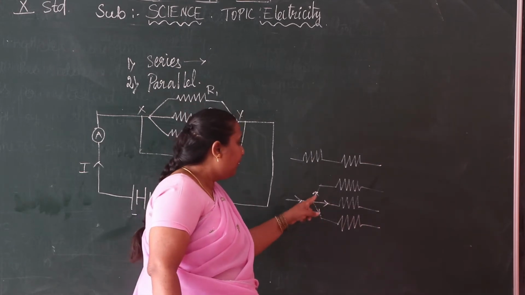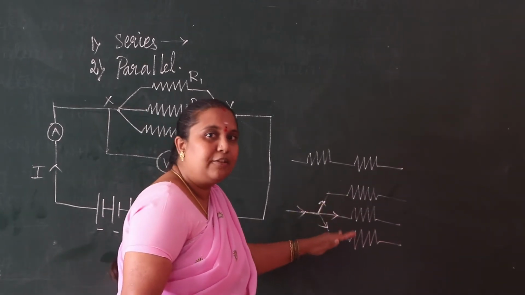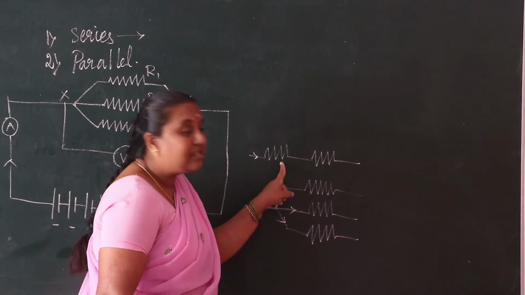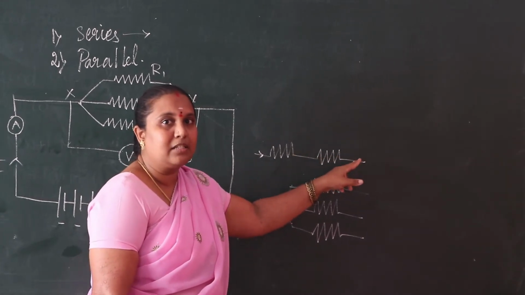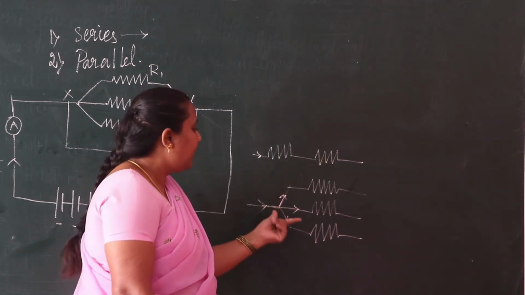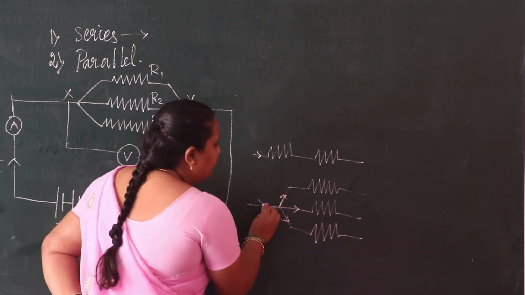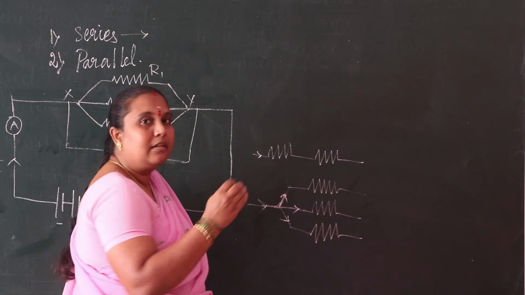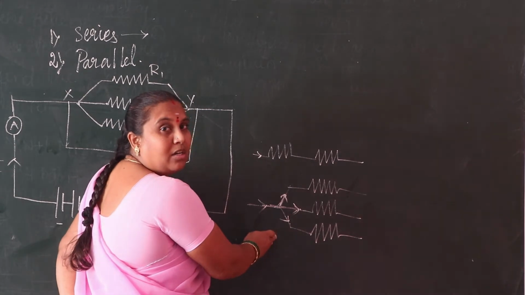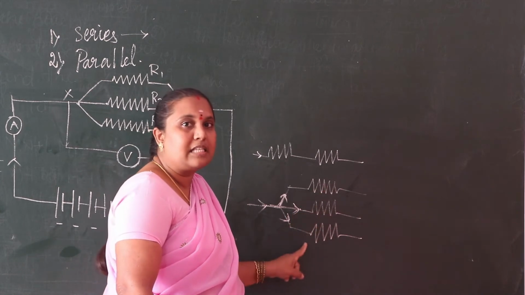So here we have three different conditions. The electric current differs in the different resistors. In series, the electric current passing through the first resistor will pass through the second resistor also. The same current passes through the resistors, but in parallel the current passing through the resistors differs. It changes its direction. Here it is a little bit slow, and here it is passing fast. Then after this it moves on down. So here also it is a little bit slow. The current is passing through these three resistors.